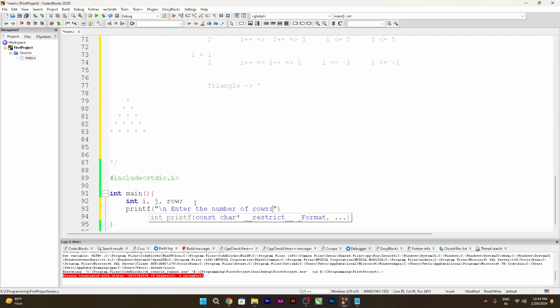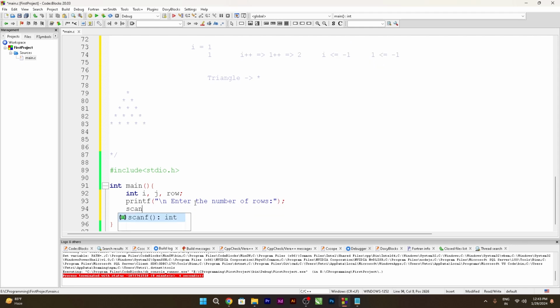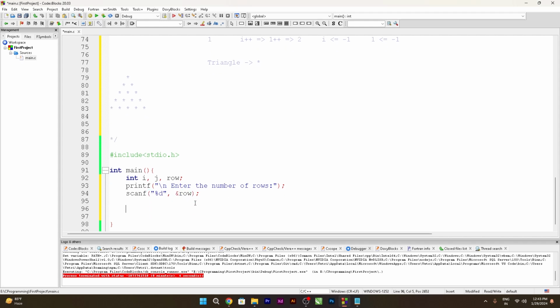Number of rows, colon, semicolon, scanf, %d, comma, ampersand, row, and semicolon. Now we need to start the loop. First we need to keep track of the number of rows, right? So for that, for